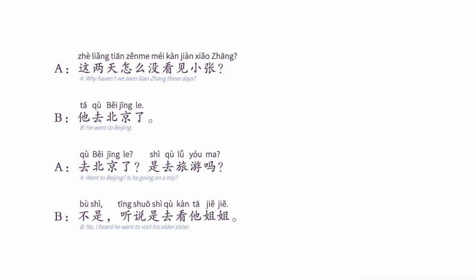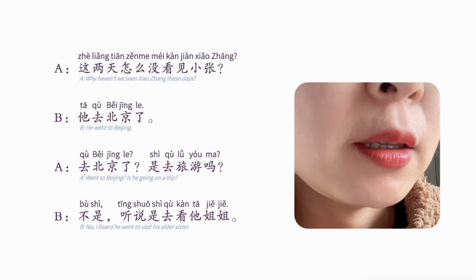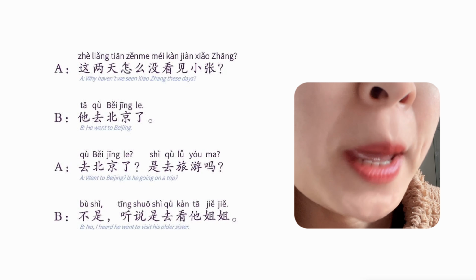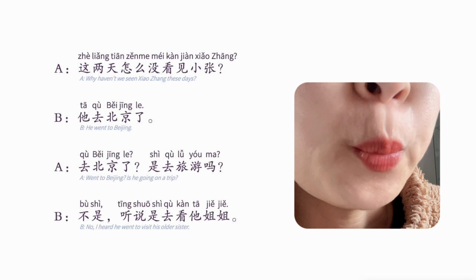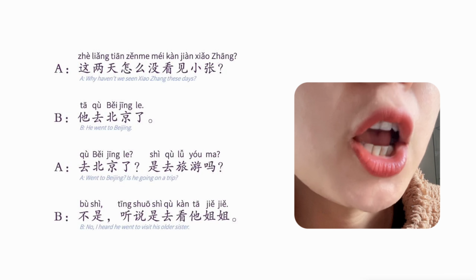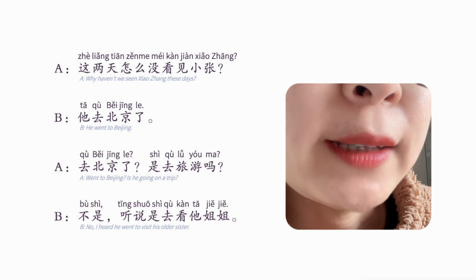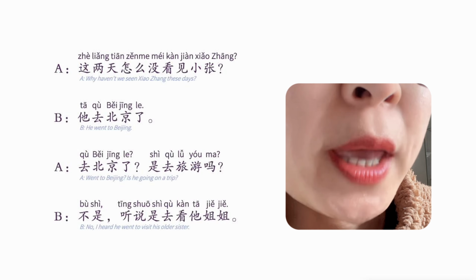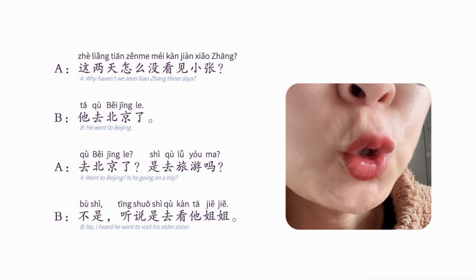Text 4. 这2天怎么没看见小张? 他去北京了。 去北京了？是去旅游吗？ 不是，听说是去看他姐姐。 这2天怎么没看见小张? 他去北京了。去北京了？是去旅游吗？不是，听说是去看他姐姐。这2天怎么没看见小张？他去北京了。去北京了？是去旅游吗？不是，听说是去看他姐姐。